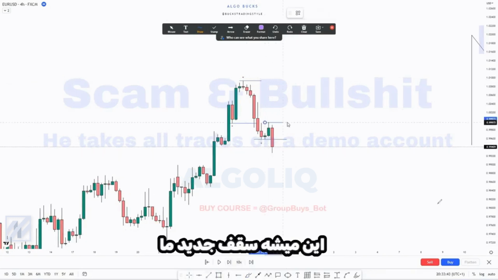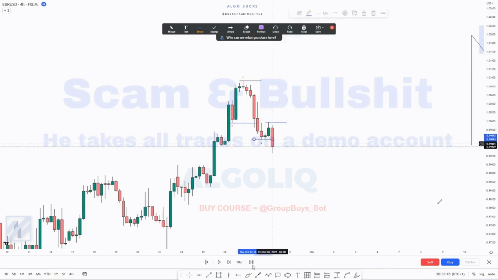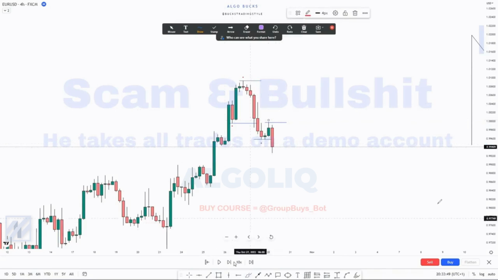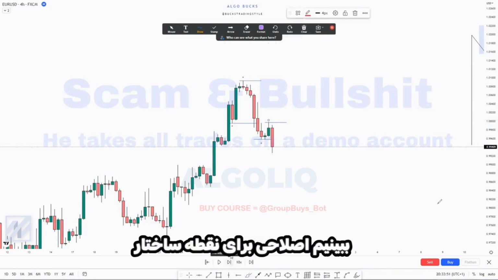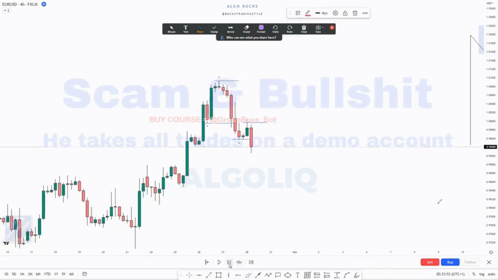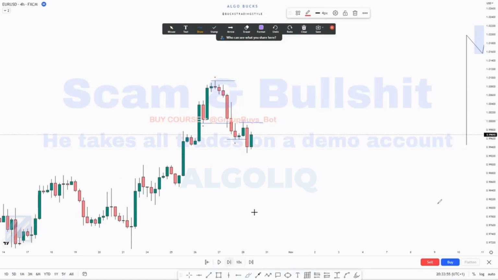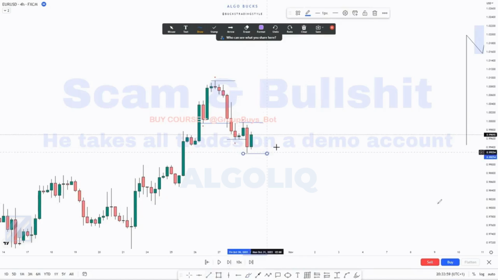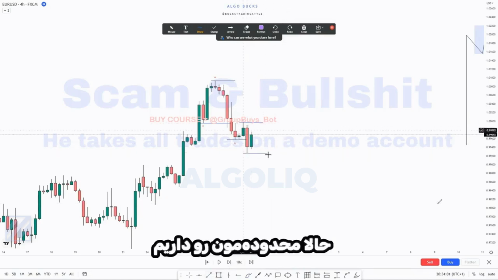Price broke out of the range. Now this becomes our new high. We'll mark this right here. Now let's see if we have our retracement in order to mark our next structure point. Good. This becomes our retracement. Now see how I'm following it. This right here becomes our next structure point. Now we have our range.